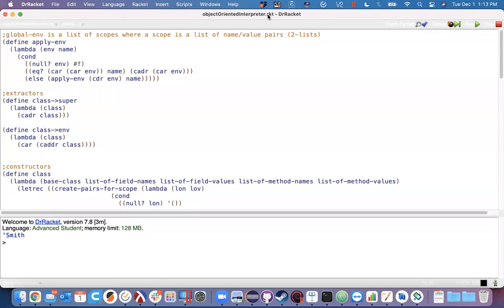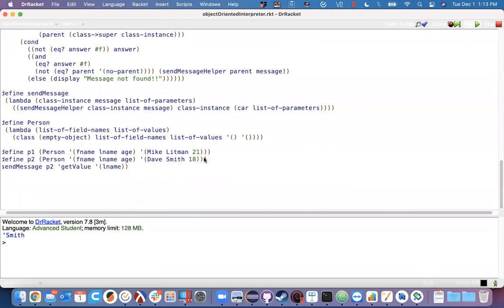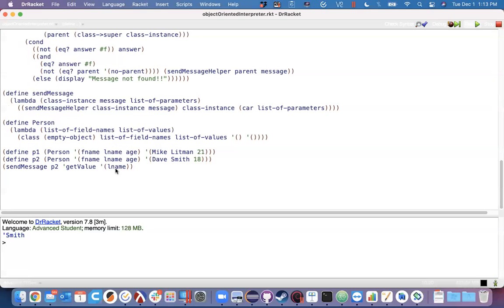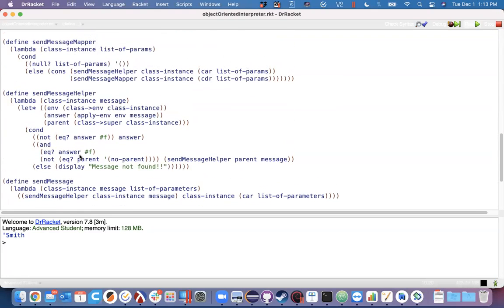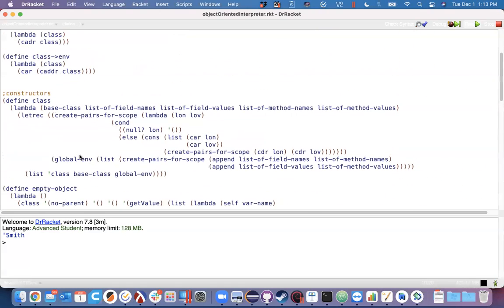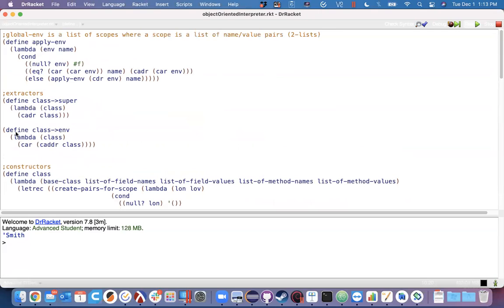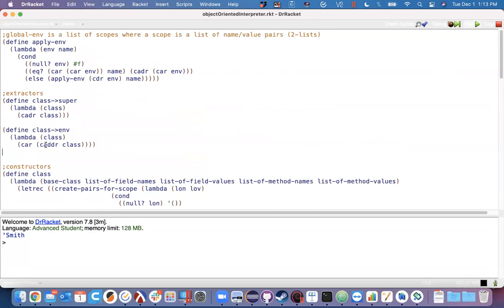For starters, let's just finish up the discussion from last time. Hopefully you saw on Slack, I posted the updated code that had the fix in it. The fix ended up being the reason CAR was working for everybody. The underlying problem was class to environment. The CADDR of class was giving you